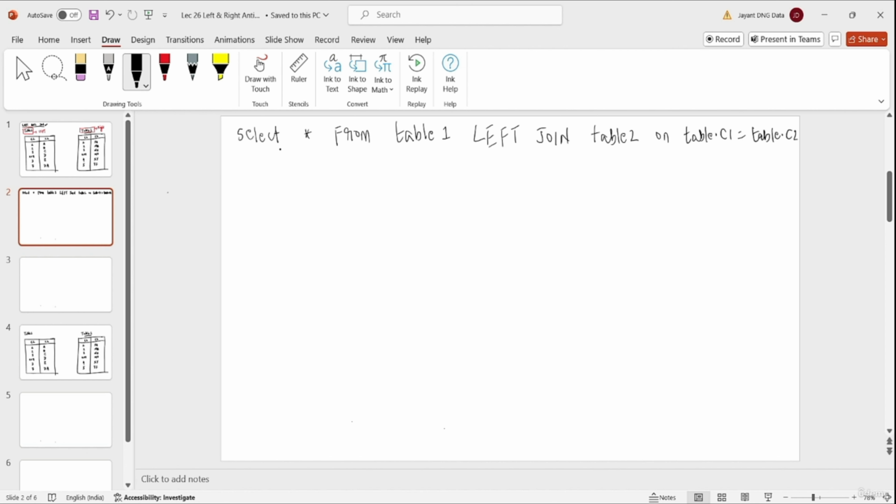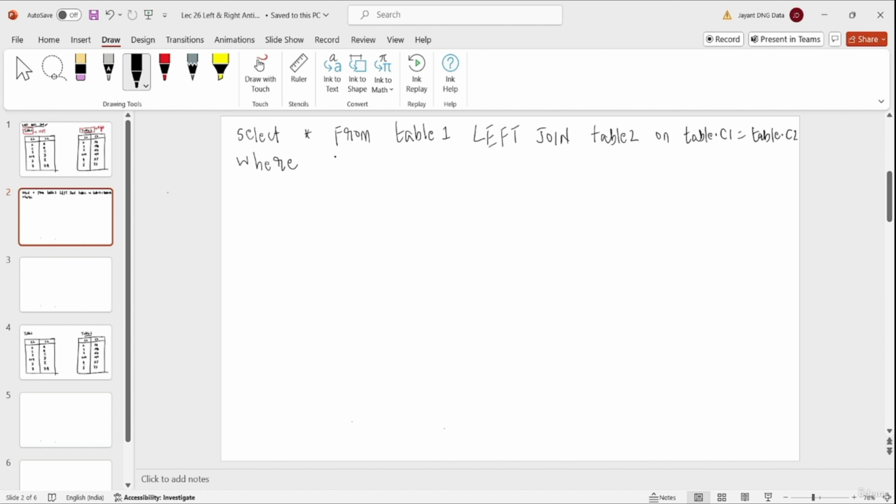So actually this is the condition that we used when we were applying the left join or the left outer join. Now if we apply a where condition after this statement, you can write the name of any column from table 2.